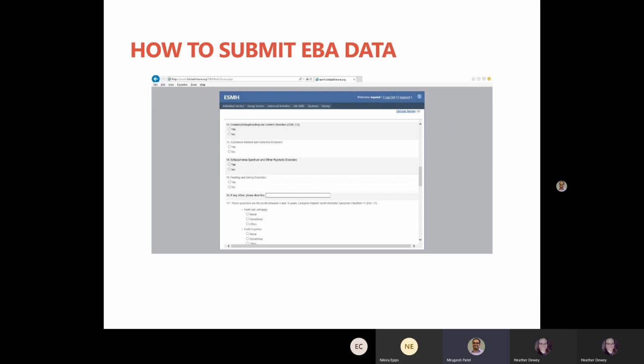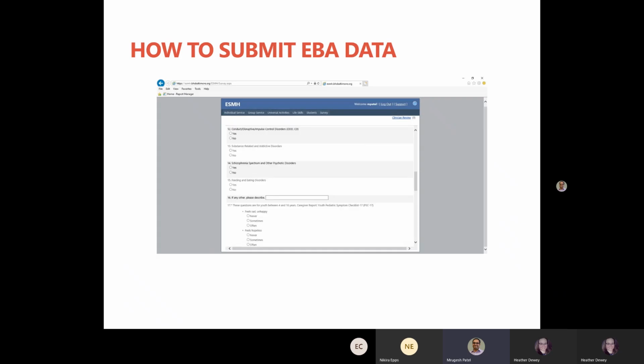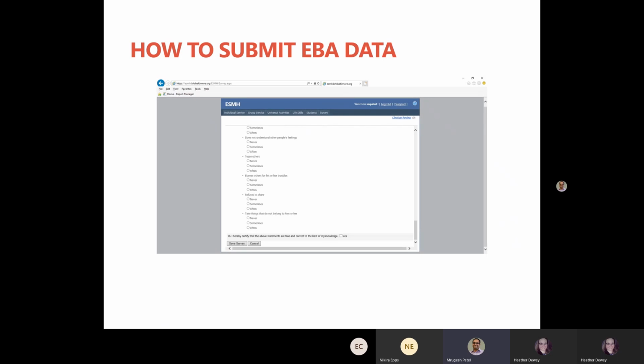One by one, you just enter the answers and fill in all this information for the student who needs EBA, and just save the data, continue and save it, and send the survey. That way the data will be saved into our ESMH database, and from that we will continue doing our analysis.